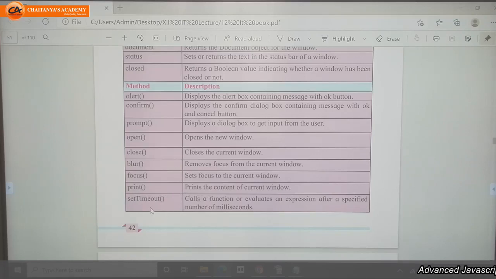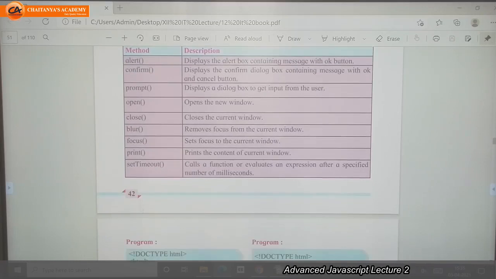If we want to change the color of the window after 2 seconds, then we can write the appropriate program for that. So this function calls or evaluates a method after a specified number of milliseconds. We are passing the value in milliseconds here.